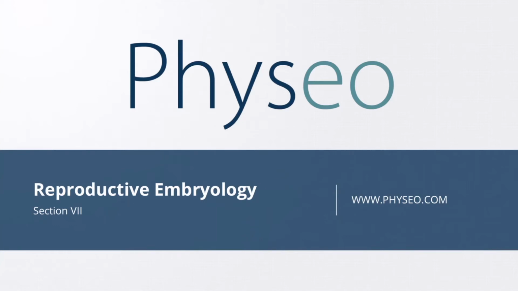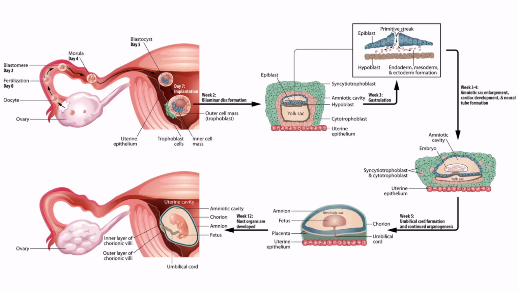Welcome to section 7 of reproductive embryology. In this section, we'll be discussing pharyngeal clefts and pouches. Let's get started. This is an overview figure of early fetal development, which we discussed in section 1 of reproductive